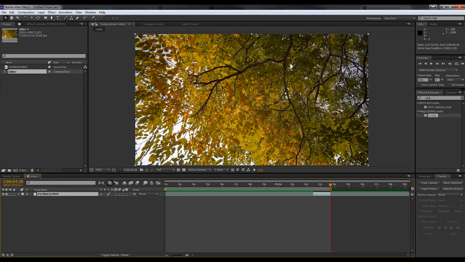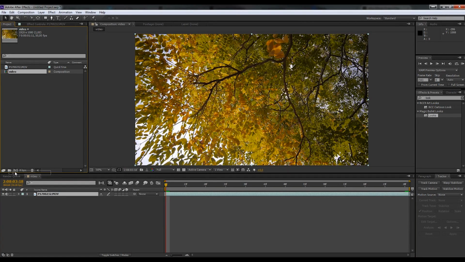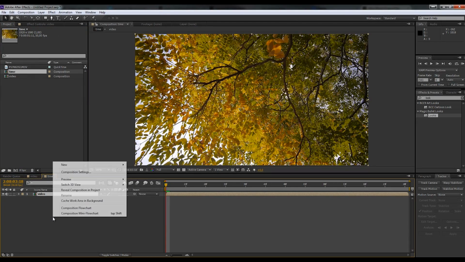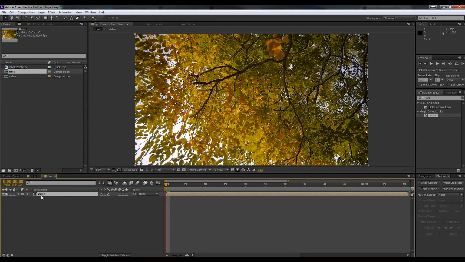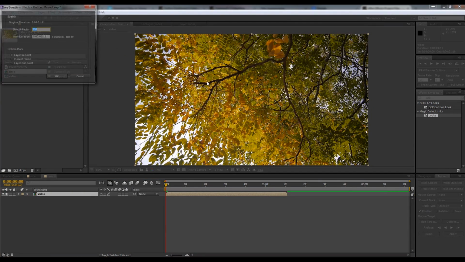We'll trim the comp to work area now, and we'll pre-compose this. I'll call this compositions time. In the time composition, I will first fix the start code to 0, and we'll double the duration. And if you scale the timeline, you'll see we have to stretch the video to match the composition size,